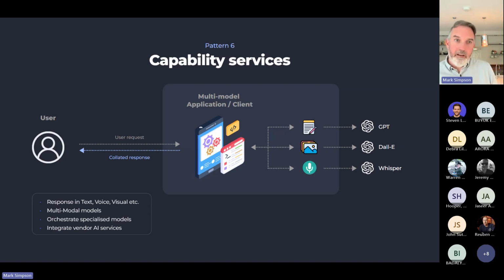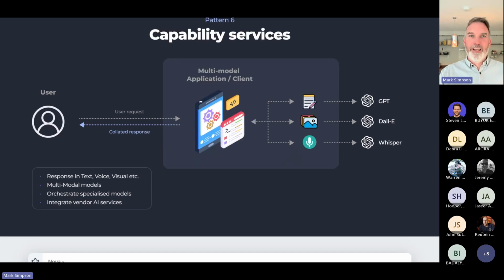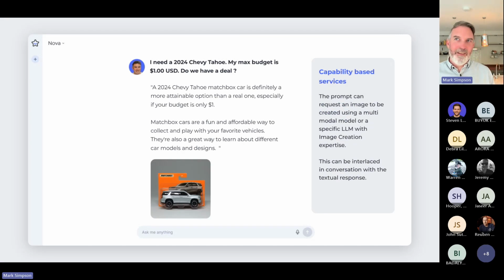So our model here is that rather than just using one very big multimodal one that can do everything, you can plug together the best in class, the ones that meet your needs the most, to expand out your responses to video and text. And I've done a very simple example with the Chevy example, keeping the same mentality. So $1, right? Can you have a look at what maybe they could afford for closer to $1, and maybe use your image or your voice or your video capabilities for that.